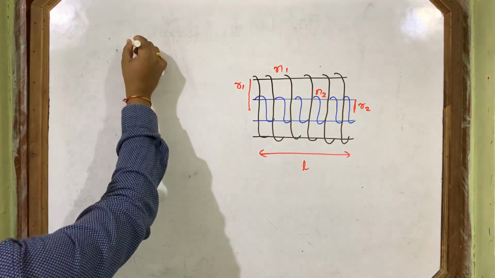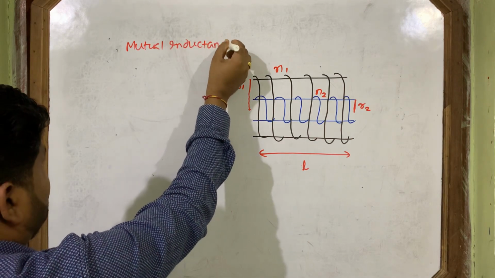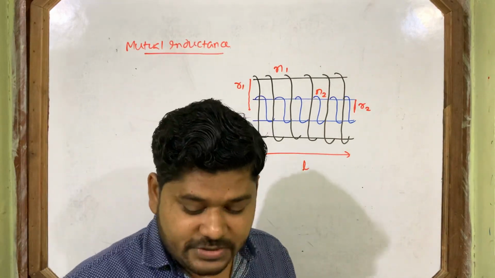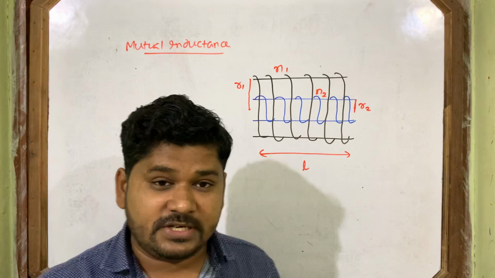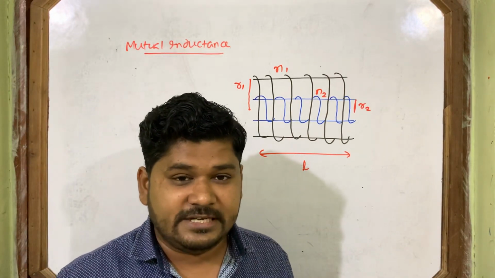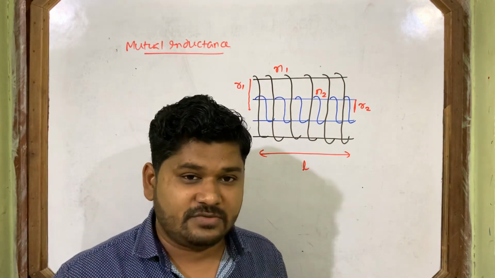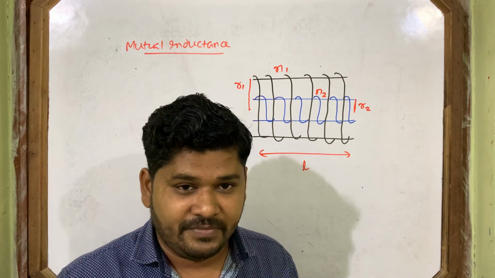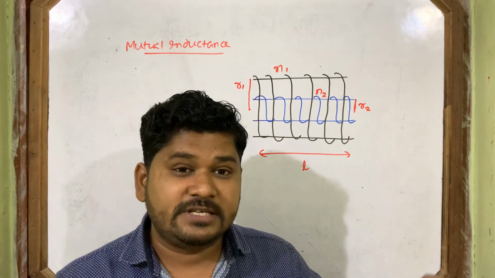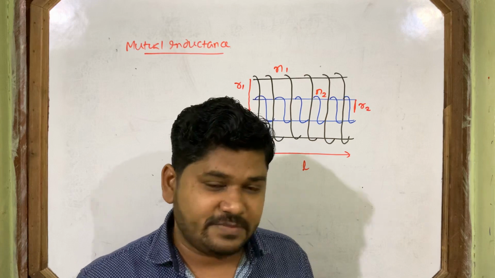So we will find the mutual inductance for two coaxial solenoids. First we will provide current to one solenoid, then we will see how much flux is linked with the second solenoid. Then automatically the expression M21 comes out. This is the total derivation. Only this much.